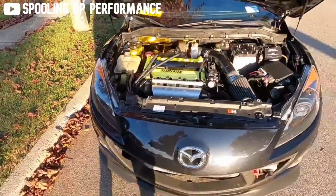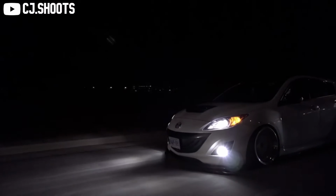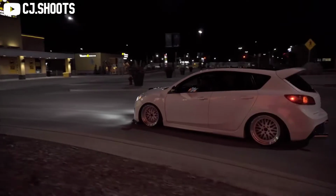These engines are extremely reliable. These cars are super cheap, and they can be modded to make well over 400 wheel horsepower. That's kind of crazy. That's more than my Miata. And with some extra money, you can almost eliminate the torque steer and have money left over with mostly bolt-on